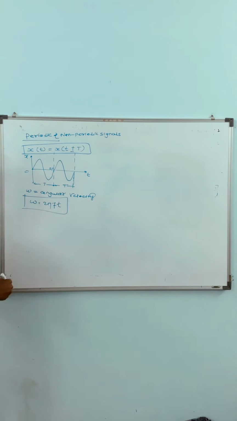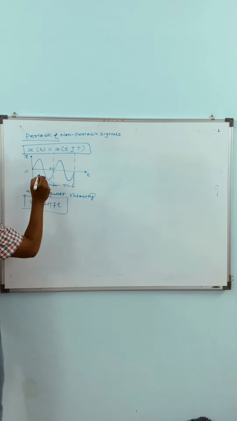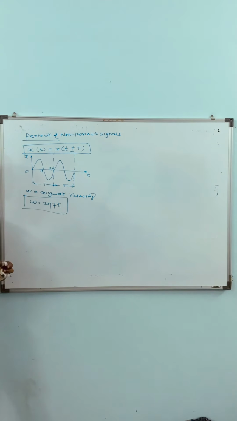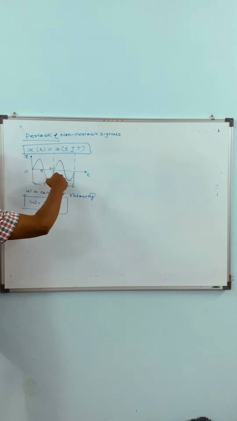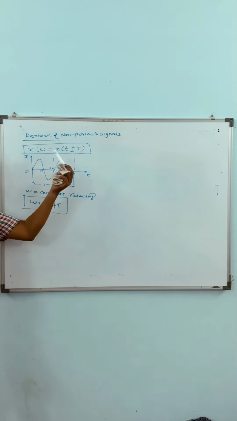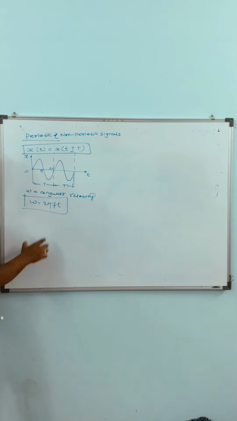0 will be the starting point. This is the pi actually. Mid side is the pi and this is the 2 pi. 2 pi of t. 2 pi is 360 degrees. f is the frequency, because the cycle is completing, the frequency lies in this, and the t is the variation. With t, the continuous nature will vary. The physical quantity varies with time, that you all know. So 2 pi f into t.